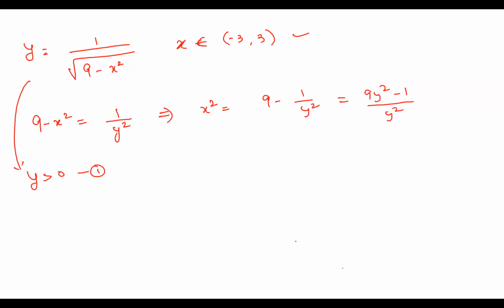Right? Similarly, by looking at this expression, what can you conclude? 9y square minus 1 is a polynomial. Denominator y square is a polynomial. So whenever you have a polynomial by a polynomial, you need to always ensure that the denominator is not equal to 0. So y is greater than 0. So the answer will be